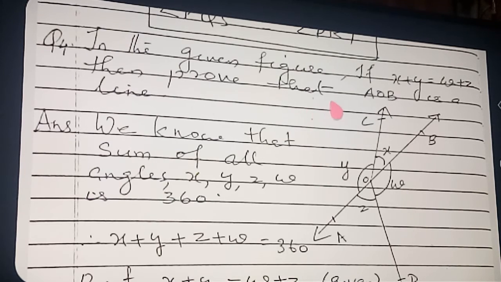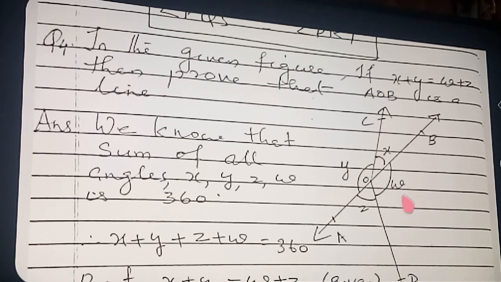In the given figure, x plus y is equal to w plus z. See here, different angles and different names are already given. Only see the diagram. Here this angle is given as x, this angle is given as y, this angle is given as z, and this angle is given as w. And what is given in the question? x plus y is equal to w plus z. Okay, x plus y, that is the sum of this angle is the same as the sum of this angle. Did you get it clear? But very clearly you can see what is the sum of this whole angle? 360.